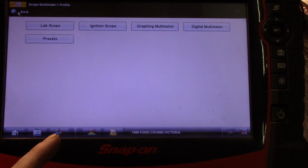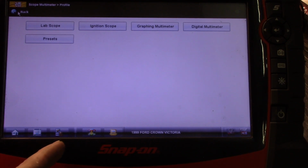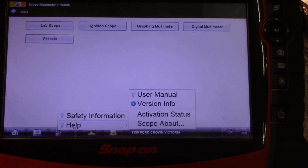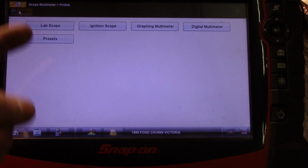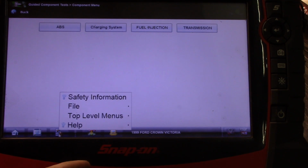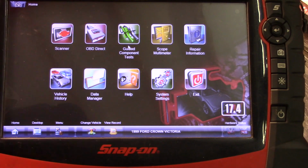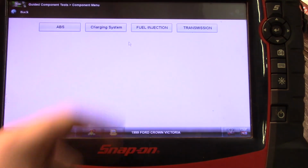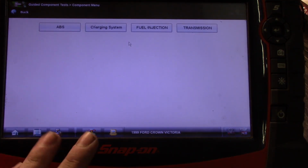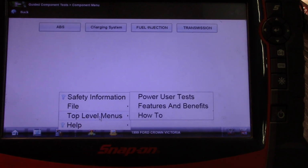Also, let's see, I think it's this menu. If you click down here, and this is something that I didn't know up until recently. You go here, and you go to help, and nope, that's not it. Let me go back one more. Let me see. It's in the guided component test, I believe. Yes, so when you go into the guided component test, you're trying to figure out how to do a test. At this menu here, if you click this button, click top level menus,